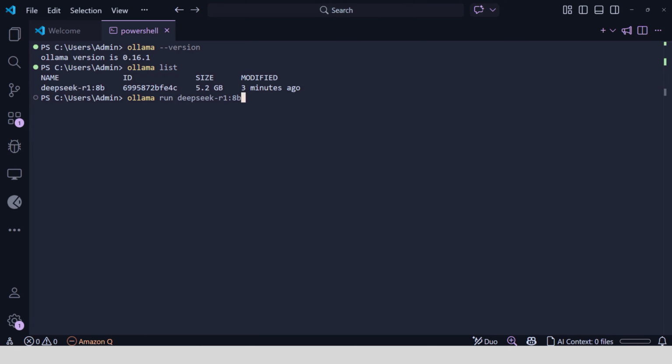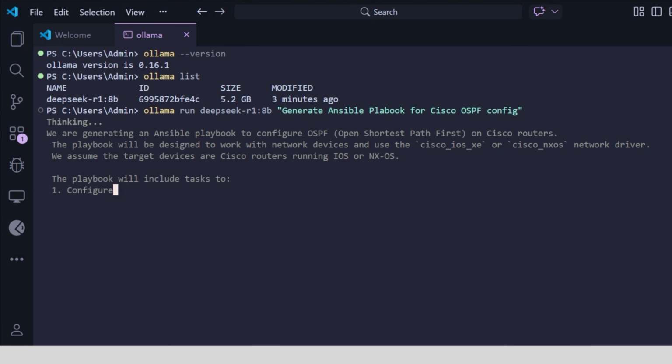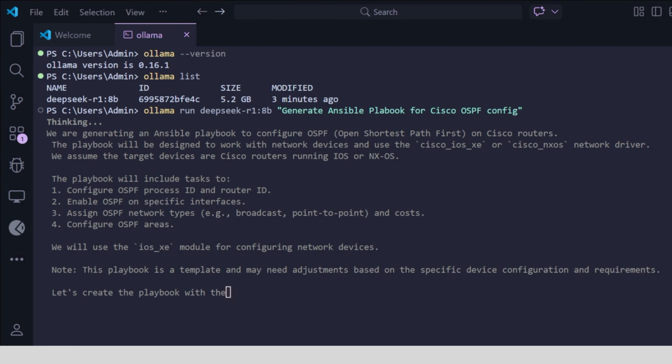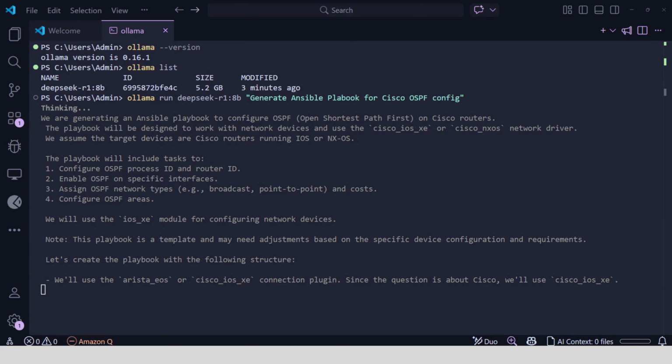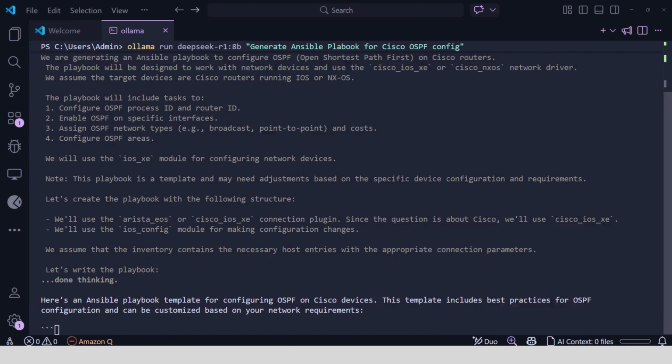Now the fun part, let's ask AI to generate an Ansible playbook. And watch this, you see a thinking section first. It reasons through what modules to use, what tasks to include, how to structure the playbook. And this is what makes DeepSeek R1 different from Phi 3 or TinyLlama. It actually plans before it writes. And then here comes the playbook.